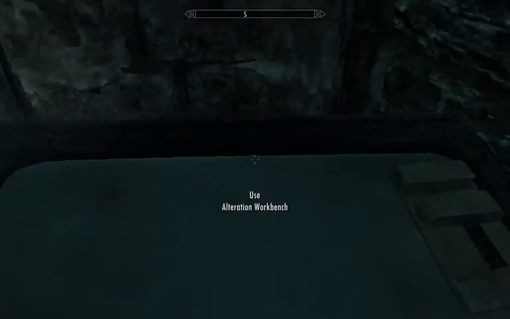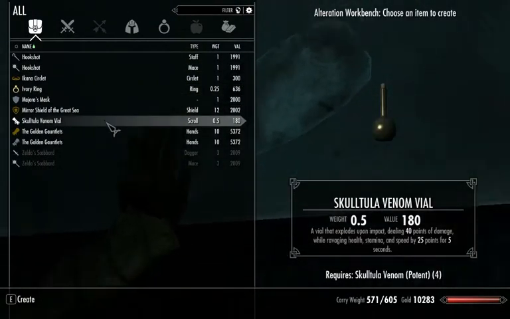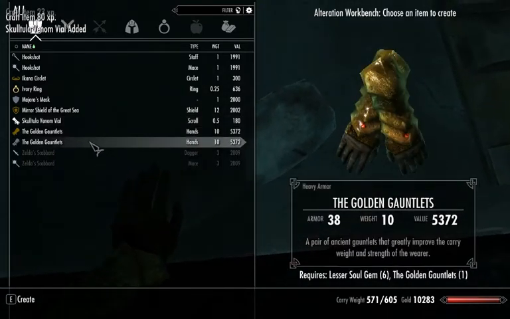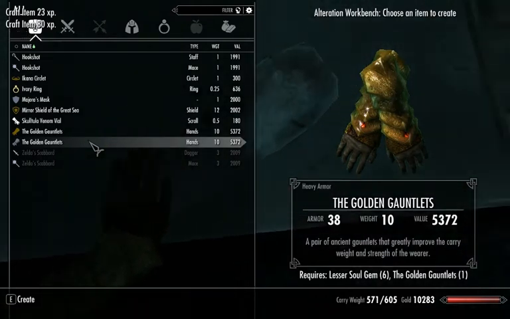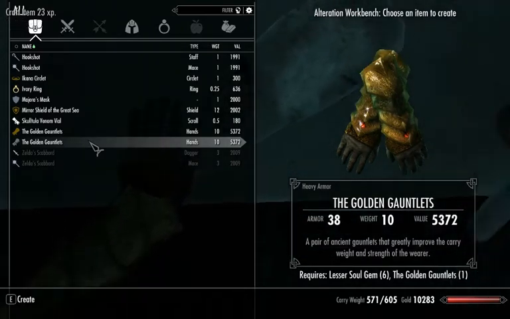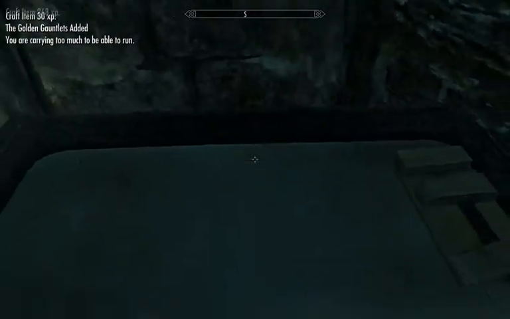Go to the alteration table. Hookshot, Mirror Shield, Great Sea. I want to use those. I want to try one of those. This will remove the enchantment that makes my swings faster. And I think I'm gonna do that because